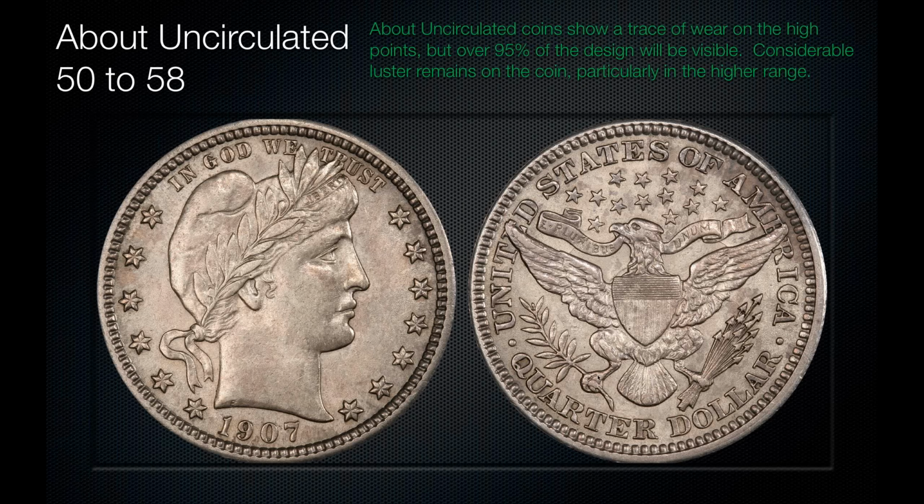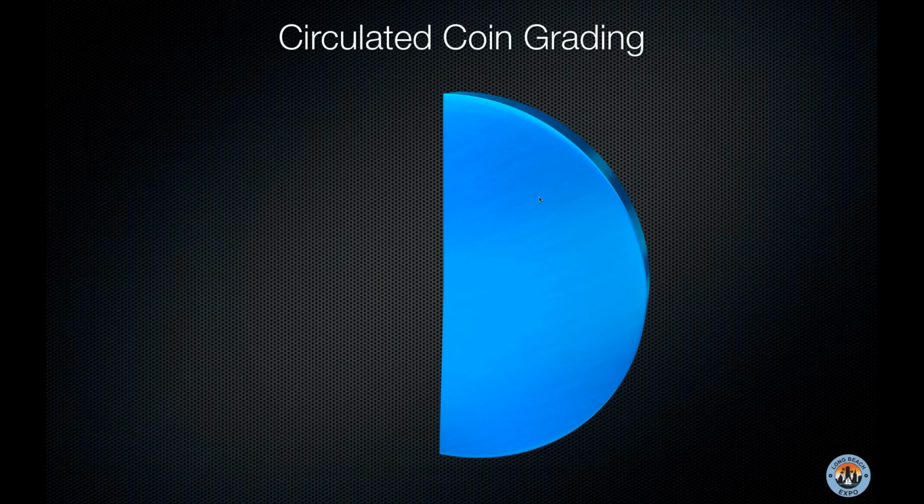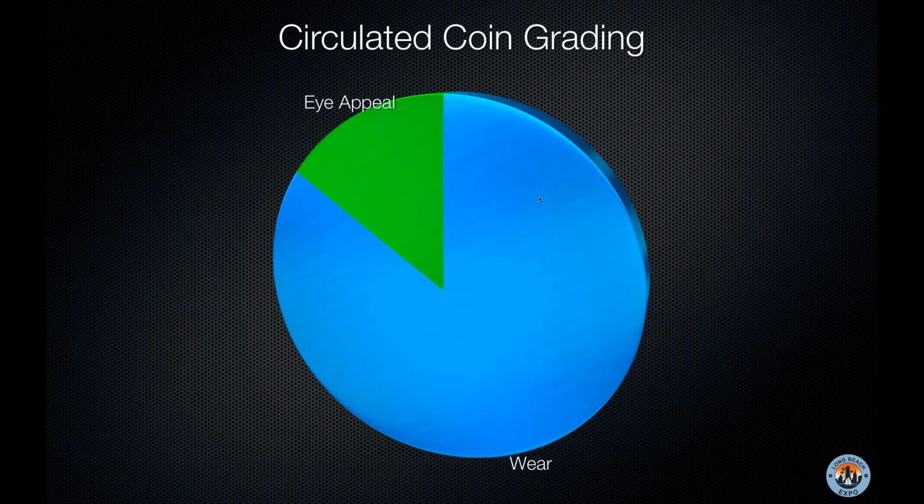Maybe a little bit on the talons. But this is a coin that is pretty much as struck and certainly didn't circulate for more than a few weeks in open circulation. So that's the circulated range of grades. And now let's take a look quickly at what the effective eye appeal on circulated coins are,